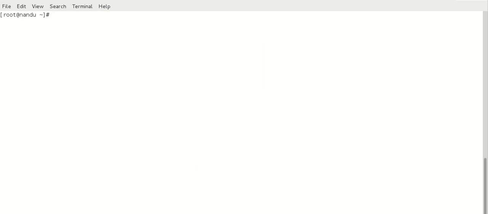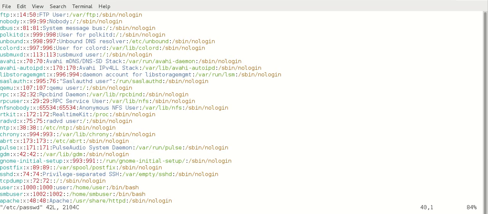So this is my example file, vim slash etc passwd. Now I open the file. When I open the file using vi, it comes up in command mode. In command mode there are options to work with, like deleting.